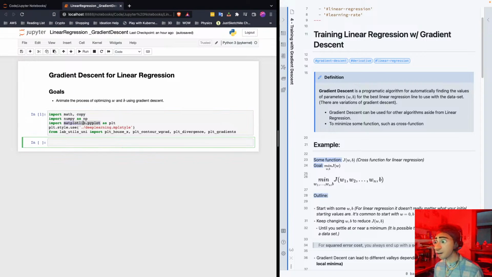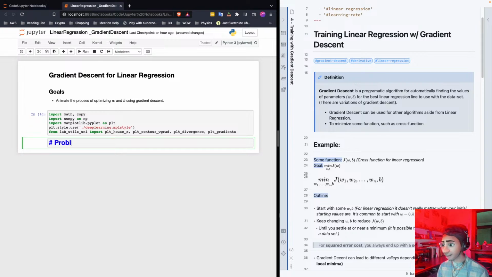Okay, so the purpose of this lab right now is to animate the process of optimizing the weight and the bias using gradient descent. Optimizing aims to achieve the lowest cost. Okay, so our problem statement, let me go ahead and change this. I'm going to try to talk as much as possible, but we'll see how it goes. Let's use this